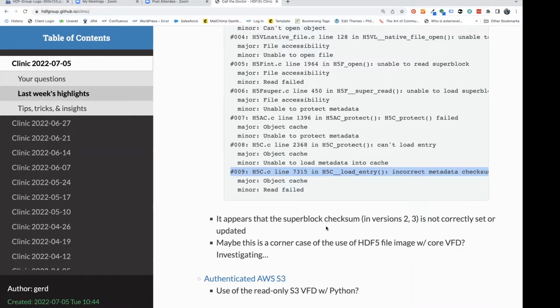This sounds like a bug. If you've actually done the flush, anytime an entry is evicted from the metadata cache, the checksum has to be updated correctly. So I agree with you that it may be